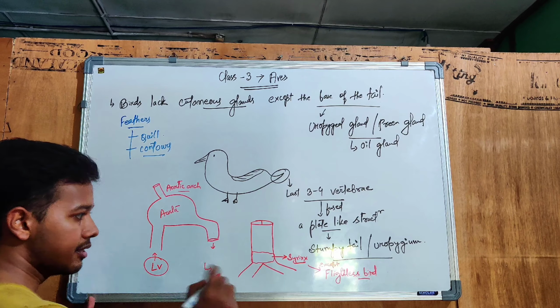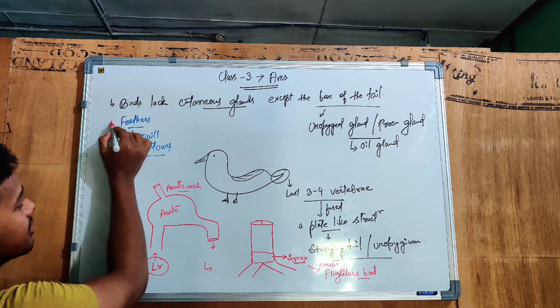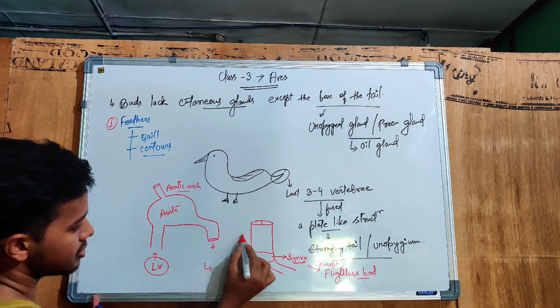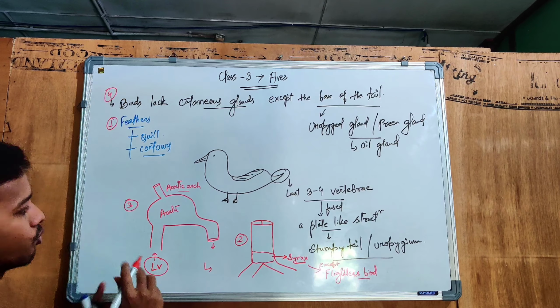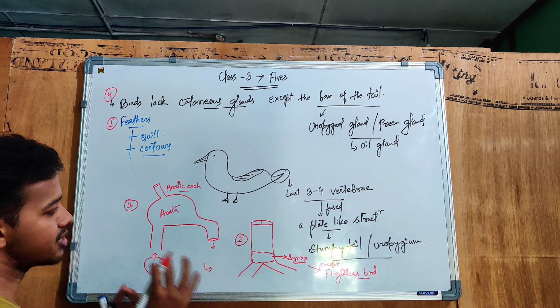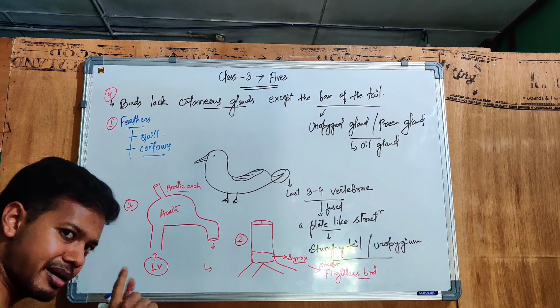ठीक है? So here I am talking about 4 things. This is number 1, this is number 2, this is number 3, and this point will be number 4. So what is 1, 2 we have discussed. What is number 3? So in number 3, what we will see, we discussed, I have made the structure of